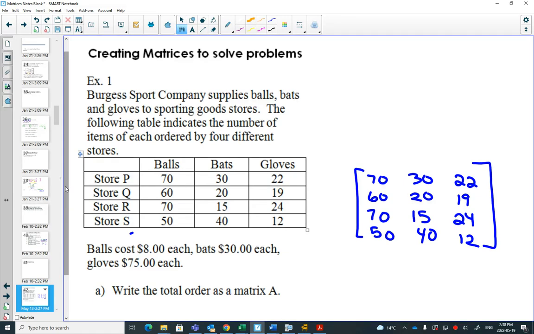And I guess I can write this here. This will be our matrix A. This is what was ordered. And sometimes what we'll do in our matrix as well is we will add on the outside some labels, P, Q, R, S,